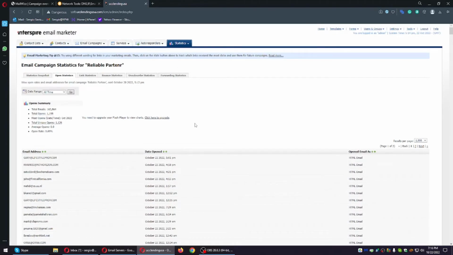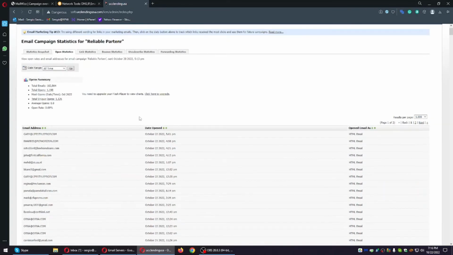But this type of server, fast sending server, is for something like, hey, I'm going to send a really fast campaign. It's going to be sent within a day or two, and I'm just going to blast out as fast as possible, and that's it. So these are the fast sending servers. They get blacklisted really fast, but you can send to a lot of emails. And it takes about, as I said, depending on the server,